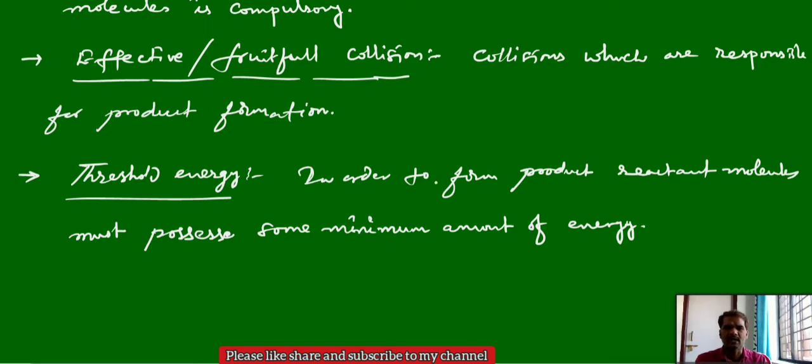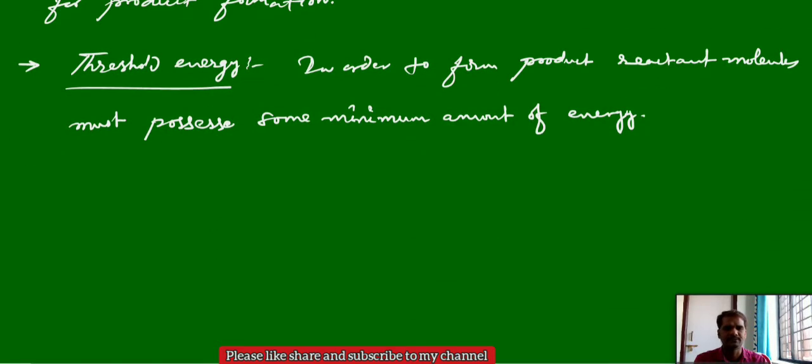The molecules which have this minimum amount of energy can form the transition state, and they can form the product. The molecules which do not have this threshold energy are called normal molecules, and